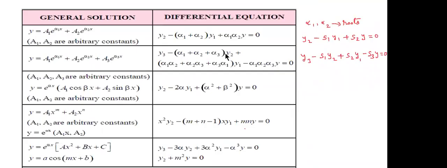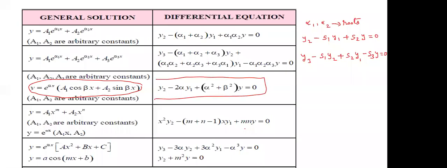Where is the shortcut formula? This is y = e^(αx)(a1 cos βx + a2 sin βx). So this is the formula. y2 minus